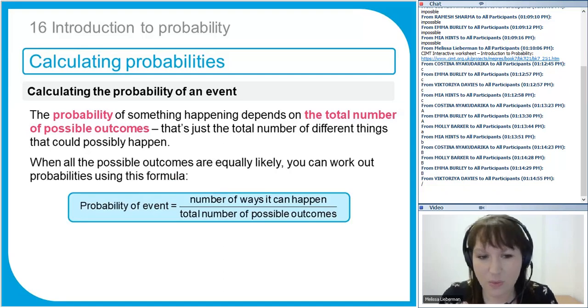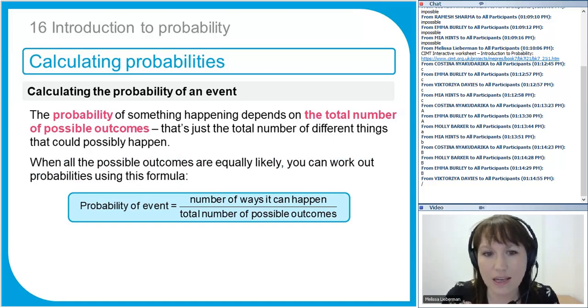So this is the formula that we use for the probability of an event: the number of ways it can happen out of the total number of possible outcomes. And really that should be equally likely outcomes. This formula doesn't work if the different outcomes have a different chance of happening. So this only really applies for equally likely outcomes. That's quite important, so be very careful if you see the word biased in a question. If it's a biased dice, it might be weighted towards one particular number, so it wouldn't be equally likely. So it has to be equally likely for this to work.